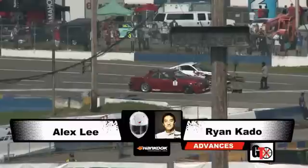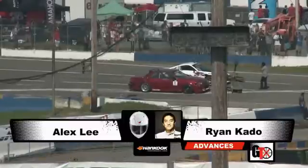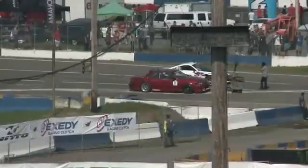He'll be moving up the point standings a little bit because he's currently in 17th, and Chelsea Denofa, who is in 16th,